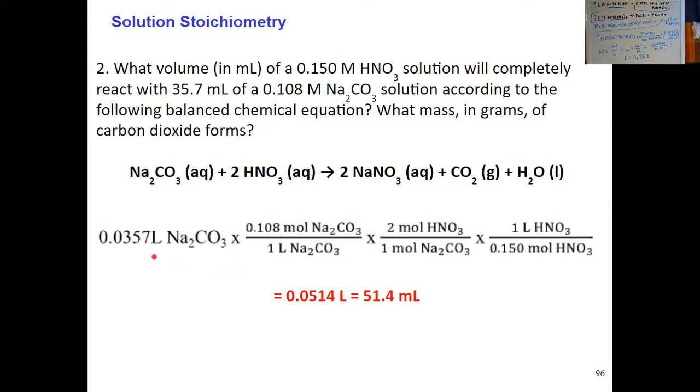So once I take my volume and multiply it by the molarity, I'll be left with moles of Na2CO3. Then I can use my balanced chemical equation to relate 1 mole of Na2CO3 to 2 moles of HNO3, from the coefficients up here. Once I've converted this to moles of HNO3, then I can use the molarity of the HNO3